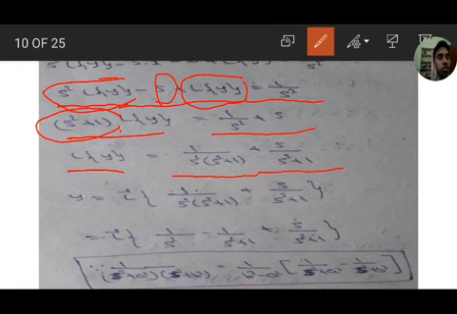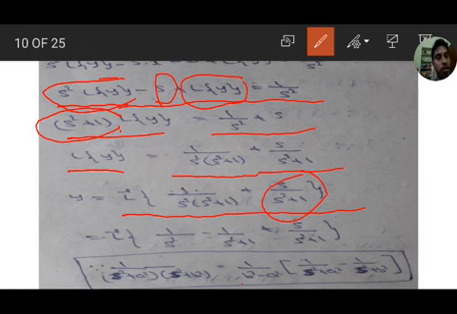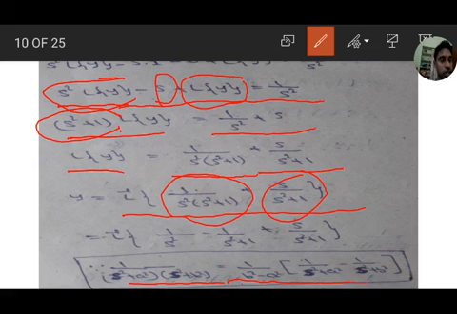So L of y came in terms of s, and we have to take the inverse Laplace transform. We get y equal to L inverse of 1 by s square into s square plus 1, plus s by s square plus 1. The second term is a direct formula, but we need to simplify 1 by s square into s square plus 1 using partial fractions. We know that 1 by s square plus a square into s square plus b square equals 1 by b square minus a square into 1 by s square plus a square minus 1 by s square plus b square.